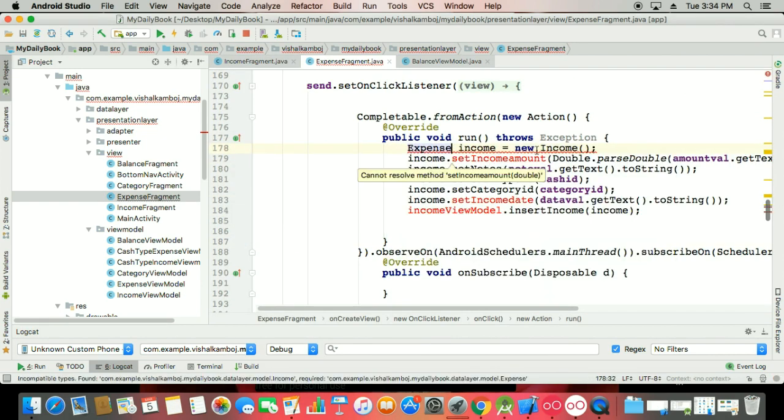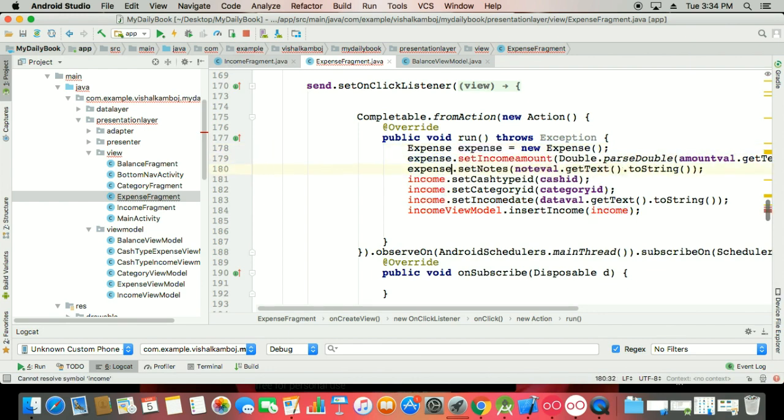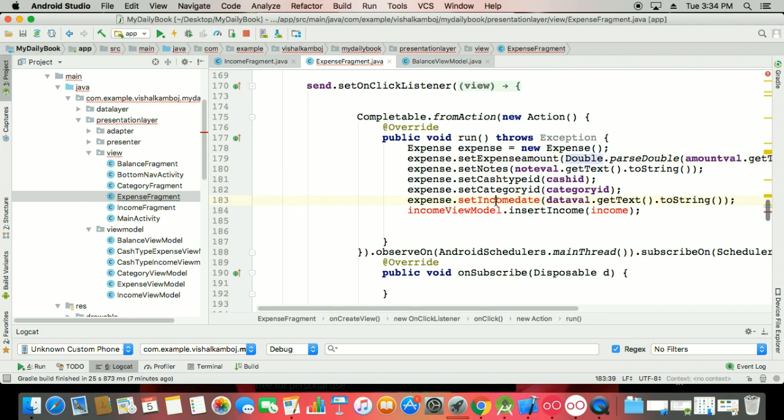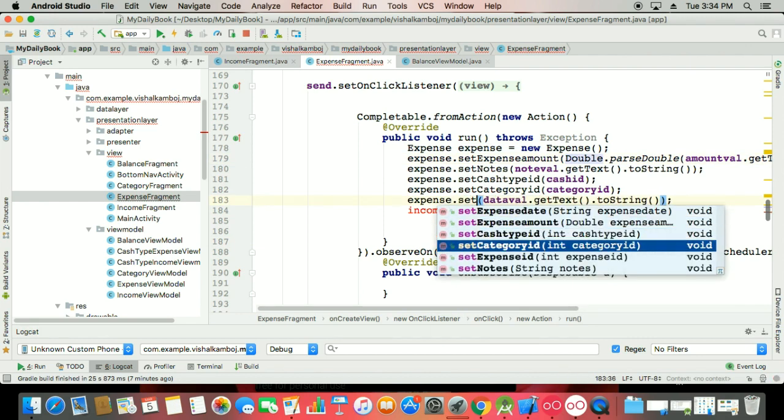So this is your expense, this is the expense, and this is your expense. Name conventions must always be the same, because whenever anybody works on your project, they can access the things easily. So here we do expense amount and set expense